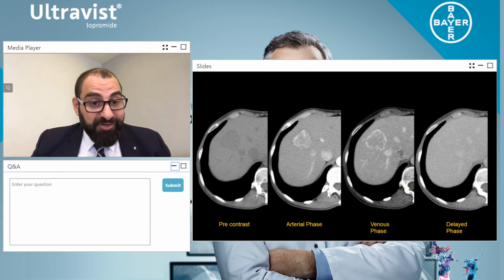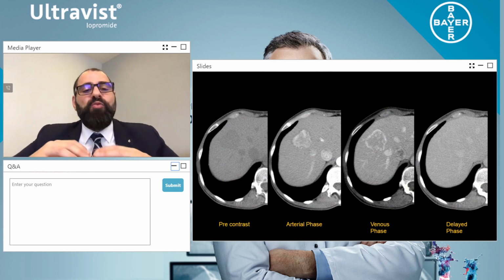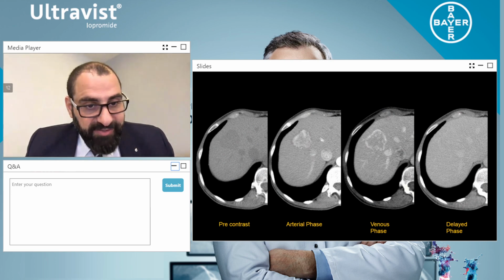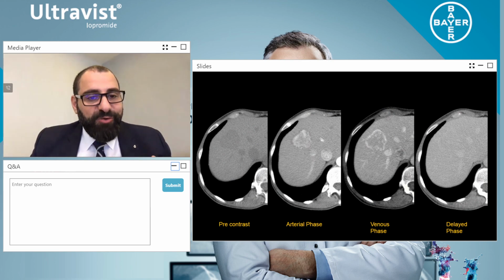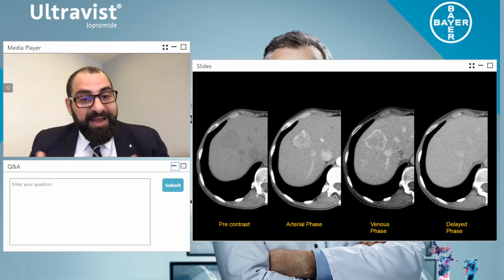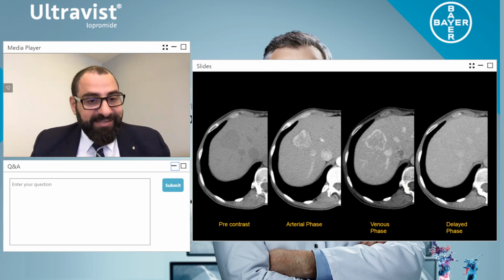If I look at my pre-contrast, it's a hypo to iso intense lesion density. When I look at the arterial phase, I see a well circumscribed, heterogeneously enhanced lesion. At the venous phase, more importantly, the actual lesion has washed out, but the wall of the lesion is enhanced, and it's equally enhanced relative to the liver parenchyma. And then at my 10 minute delay, you can see the lesion has completely disappeared.